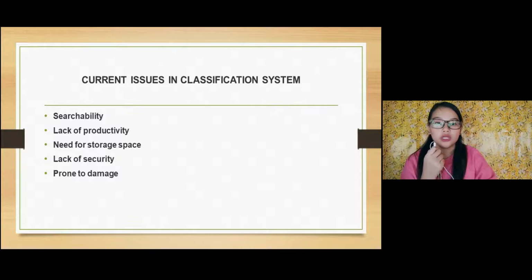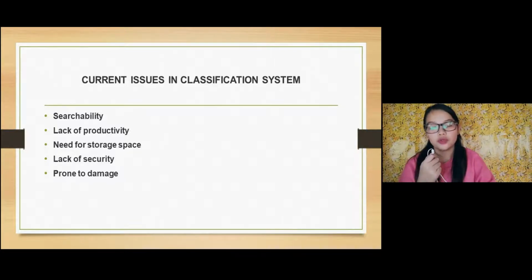Other than that, lack of security. Getting all important papers stored in a storage room can be dangerous. When it comes to information security and privacy, paper-based documents are at greater risk of misuse than electronic records. It's impossible to build a paper trail of paper records to track who has accessed information, when and why. People who have no authorization can access the documents.